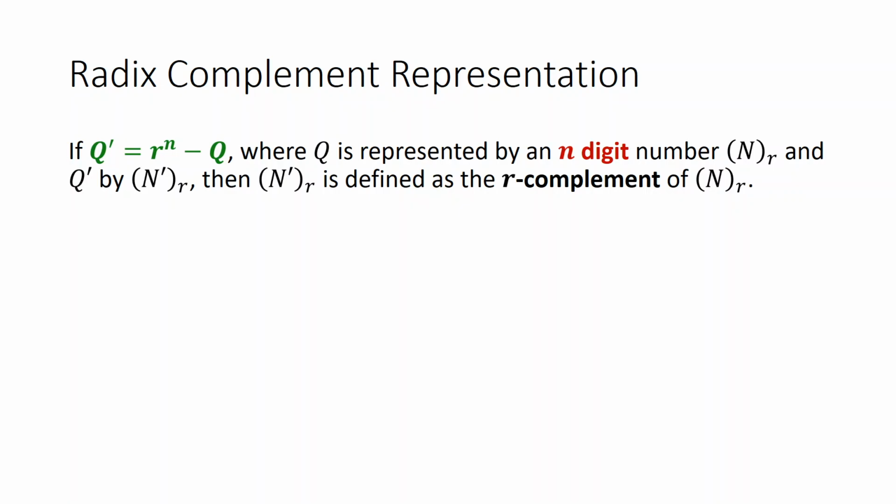Here I am trying to give you a general view of the radix complement representation, and then we will look at the complement representations in the binary number system. And since the radix in binary is 2, we will be looking at the 2's complement representation. Diminished radix would be the 1's complement representation. Let us look at the theory.